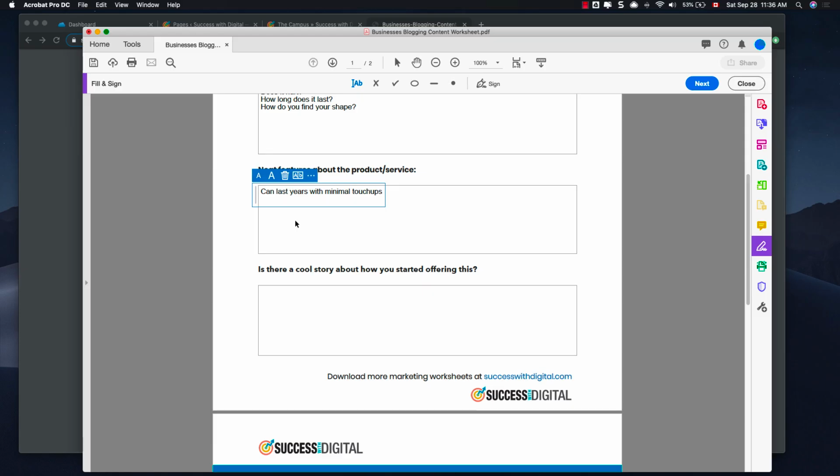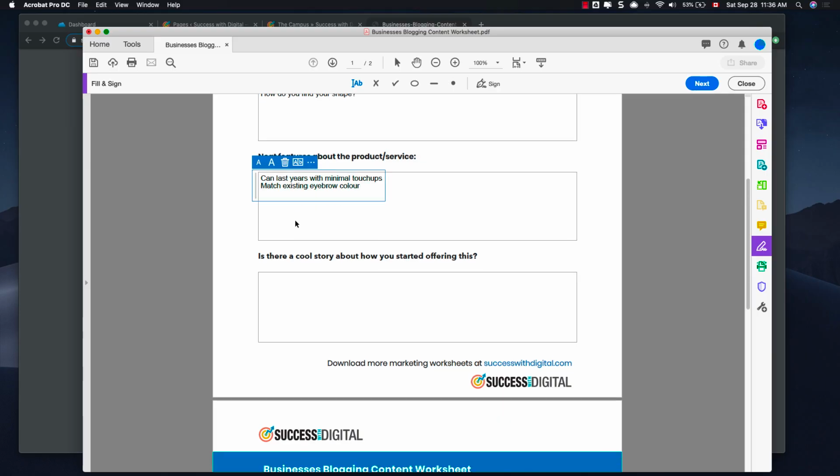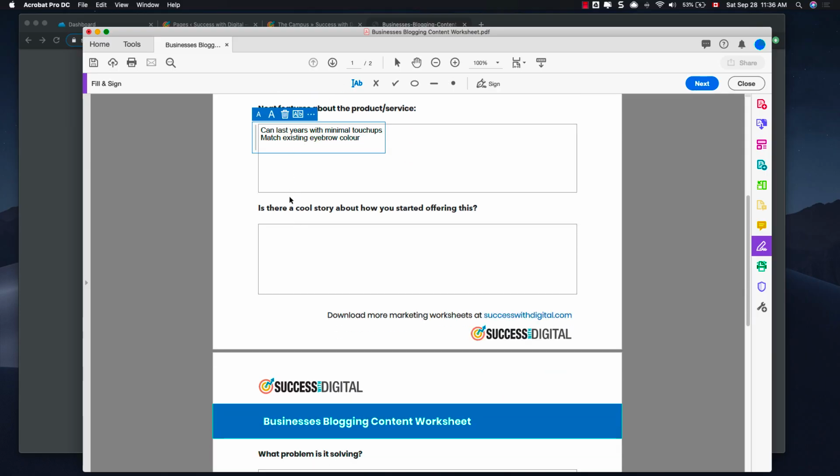Also, it can match, we'll just say, match your existing eyebrow color. And then you could just go through and fill this out. I would just keep going and going. This is a great thing to do with your team, and everyone can kind of spitfire ideas.